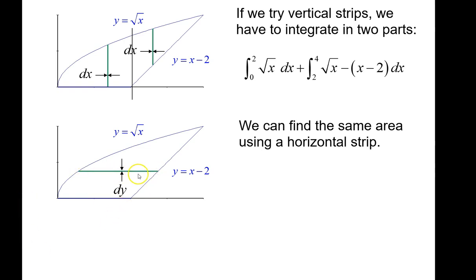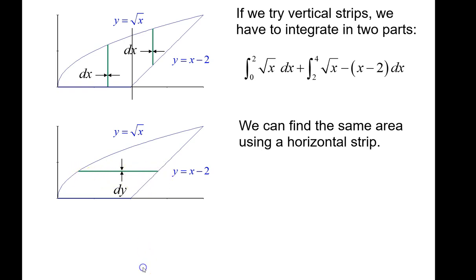And if we do it this way, so instead of thinking top minus bottom, if we think right function minus left function, two things here. We'll be integrating with respect to y, because now the horizontal strip is subdividing the y-axis this way, the little widths of each rectangle, because the way it's oriented would be broken up in values of y. But also, instead of thinking top minus bottom, we're going to think right function minus left function